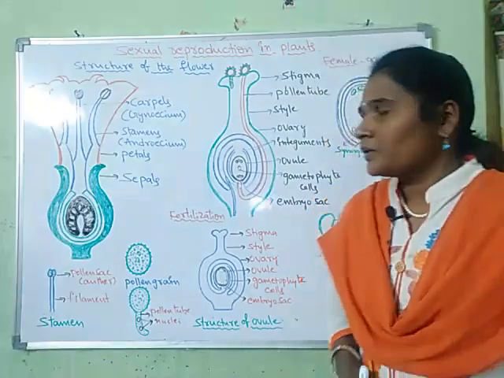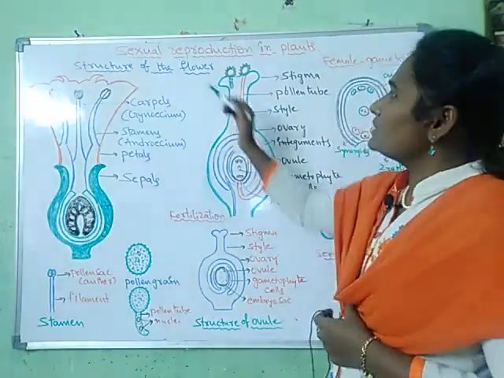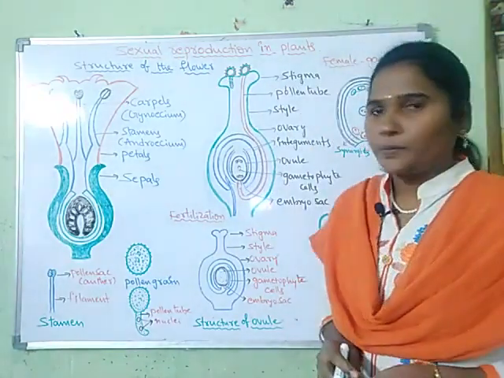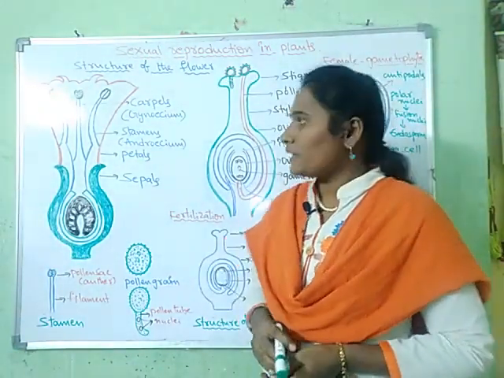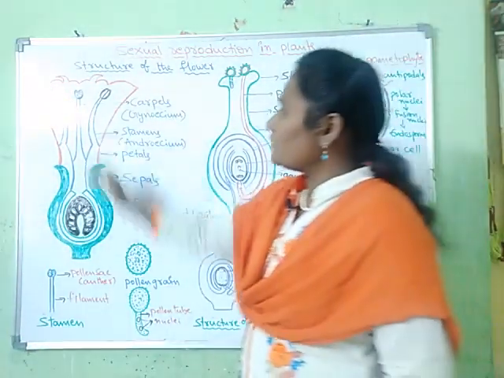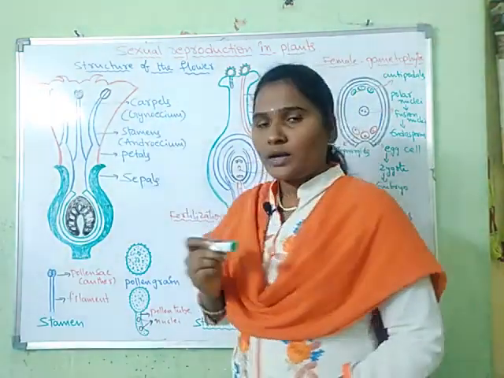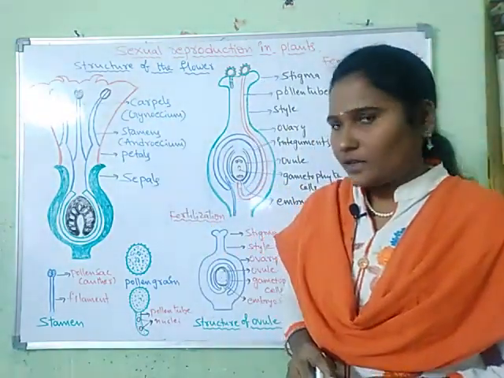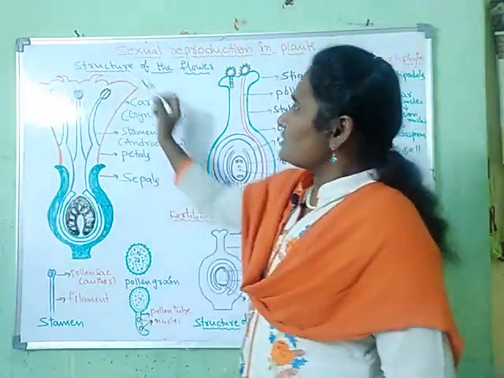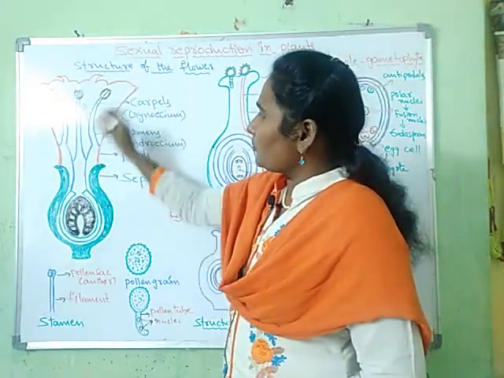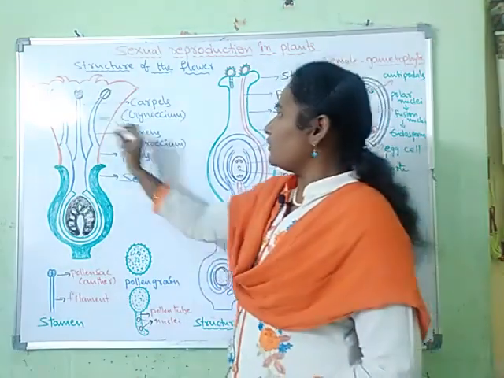Today we are going to discuss sexual reproduction in plants. The sexual reproductive parts of the flowering plants are located in the flower. As you have studied in your earlier classes about the parts of the flower, here this is a structure of the flower. The main parts of the flower are